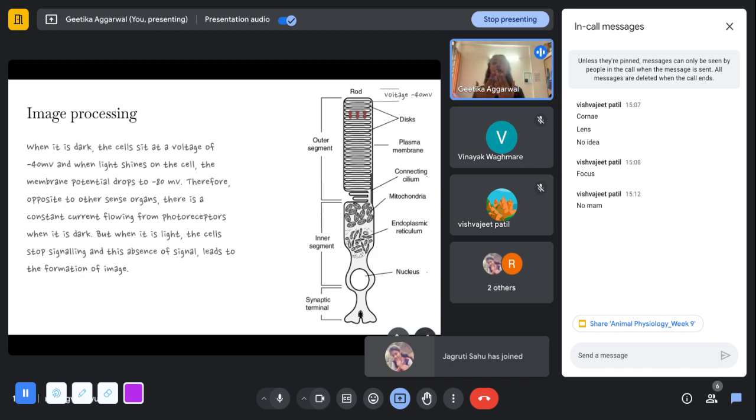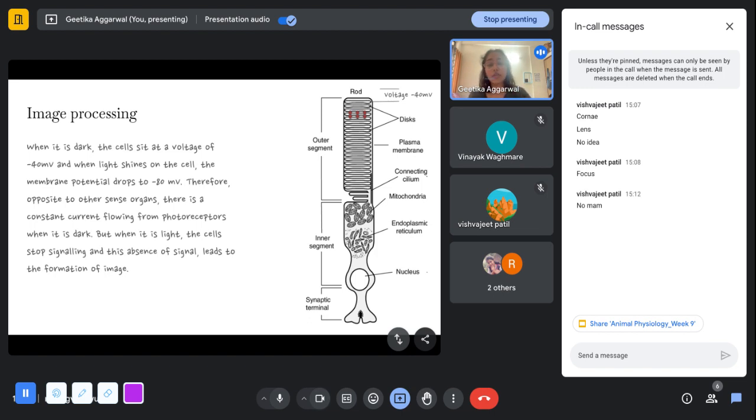Imagine a background which is entirely light, because all of these lights are on. Imagine there is a board with a lot of bulbs and all of them are on. You cannot make an image out of that because everything is white to you. But when some of these bulbs switch off, you will be able to make out a pattern. Say they switch off in a circular manner, you'll be able to make out that it's showing you a circle shape. So this is how the image is formed in the eye.